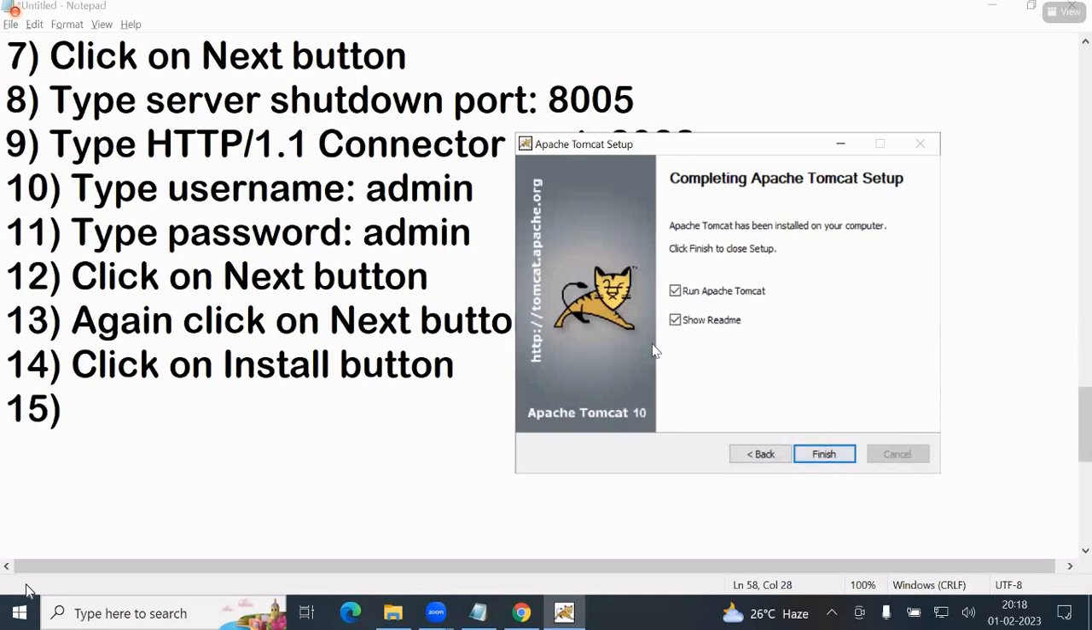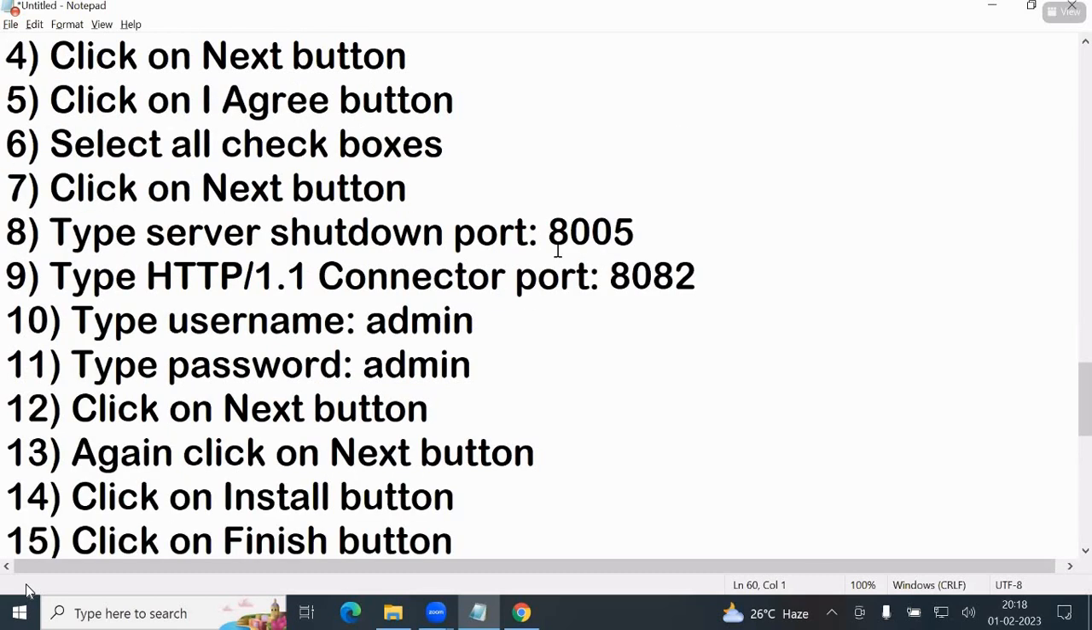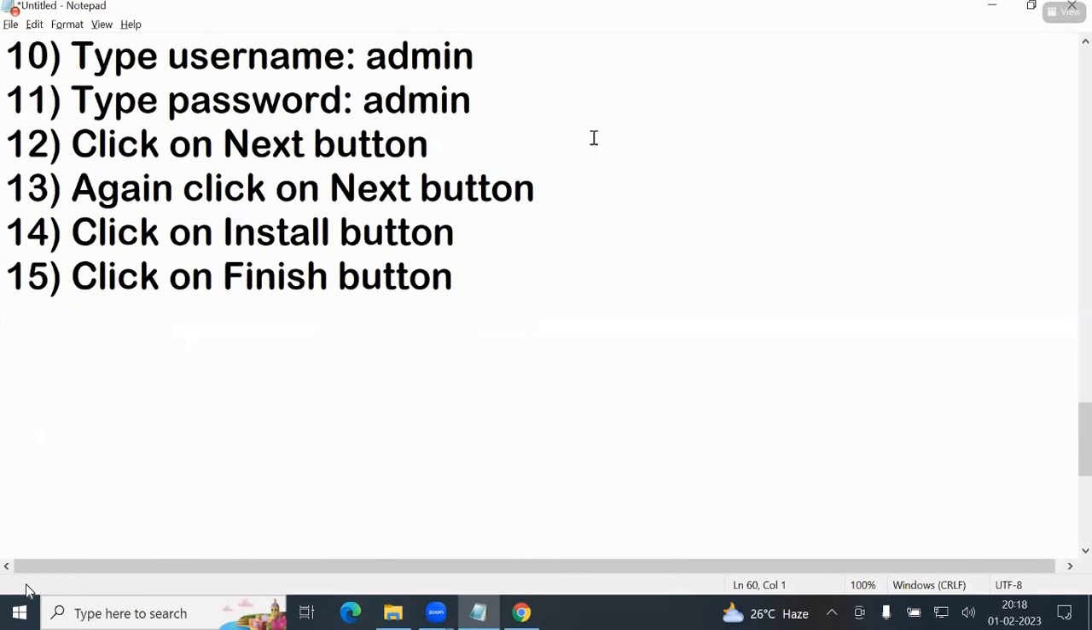Installed. These all I'll remove later. Click on finish button. Tomcat server downloading and Tomcat server installing completed. Okay. Now